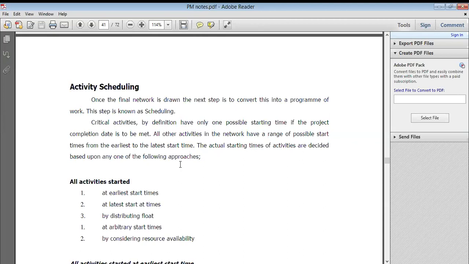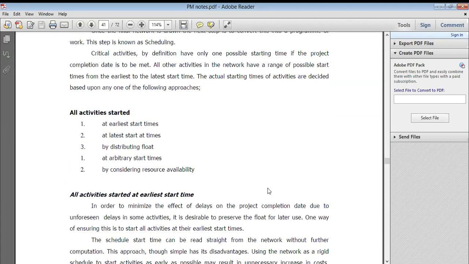Now by considering resources availability, sometimes you need to calculate whether that resource is available at that time or not. If I have to work today, then one day before we check whatever material we require for that particular work, whatever machinery, manpower we require, and we follow up on all. Yes, tomorrow we have to start that particular activity on time and finish it. So whatever material, resources, everything, you just keep ready. As a project manager, you have to check whether all this is ready for tomorrow's activity or not, right?